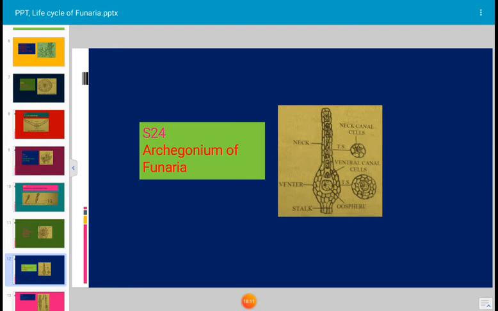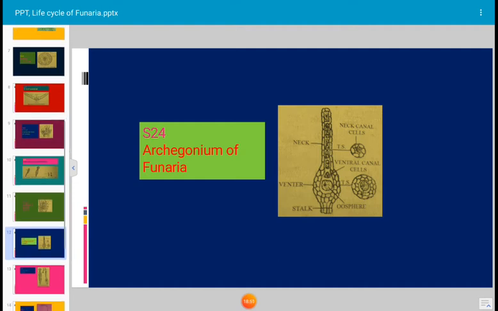The neck consists of 6 vertical rows of cells enclosing a cavity which is called neck canal. Present in the neck canal there are 10 or more neck canal cells. The uppermost cells of the neck form a cover cell which is known as lid. At maturity, the neck canal cells and venter canal cells disintegrate to form a mucilaginous substance. The pressure created by it results in the separation of operculum or lid. The operculum is the lid which is removed.